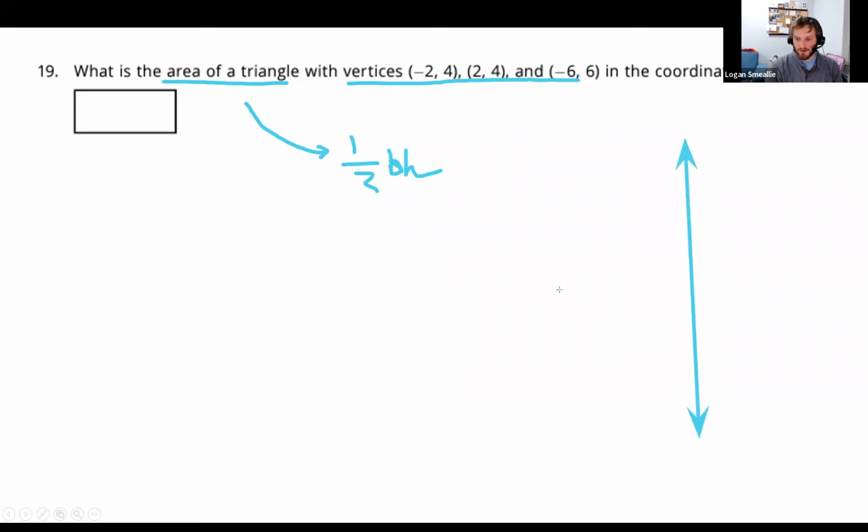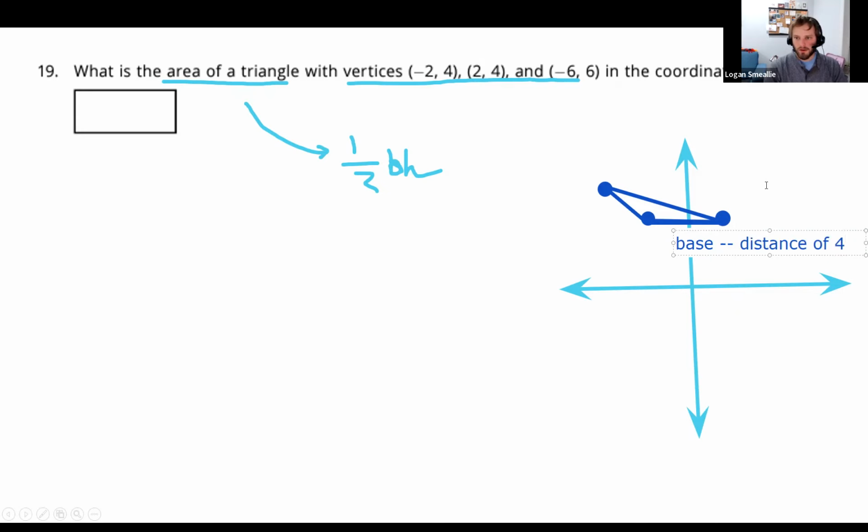So imagine that there is our plane in bright blue this time. And I try to say, okay, -2, 4 would be something like this. 2, 4 would be something like there. I know it's got to be the same height. And then -6, 6. Whoa, this is a weird looking triangle. It's all stretched out like that. But lucky for me, I can call this the base. And I know that distance because I had to go from -2 to 2.